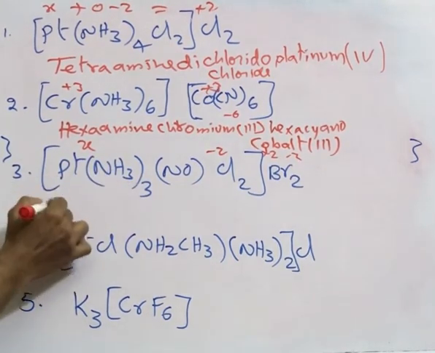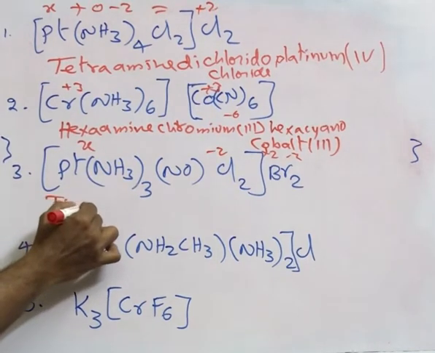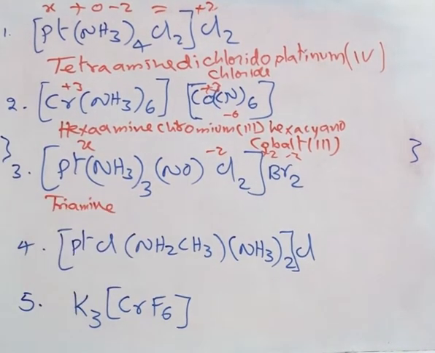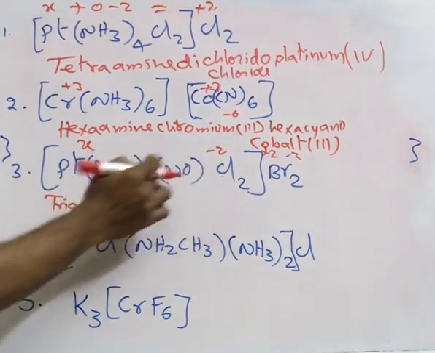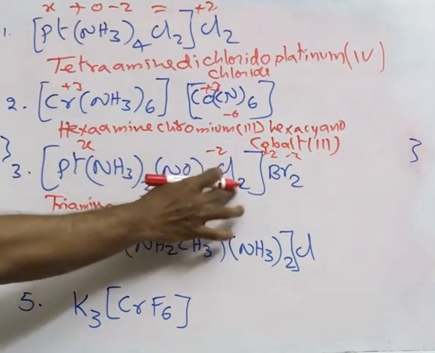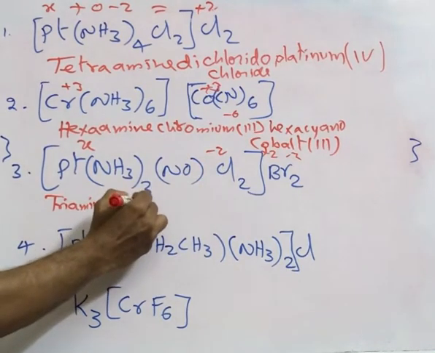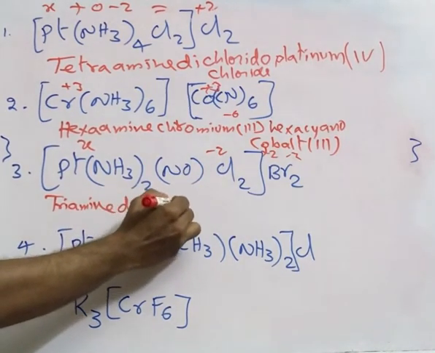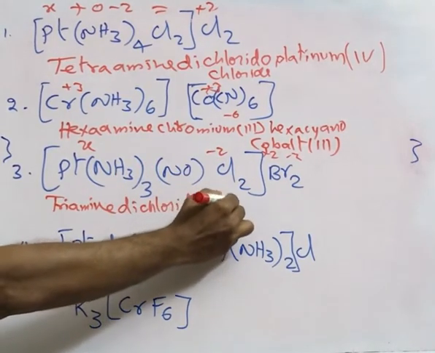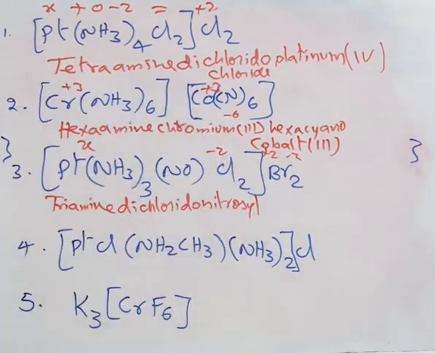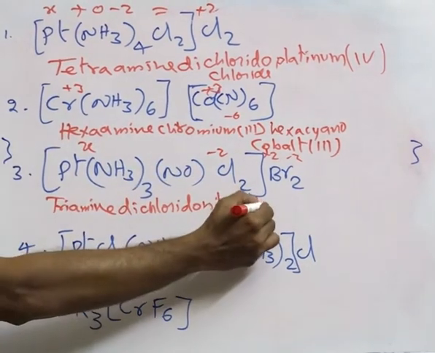So triamine, then nitrosyl and chlorido. Chlorido should come first, then nitrosyl. How many chloridos? 2. So dichlorido, then nitrosyl, platinum,